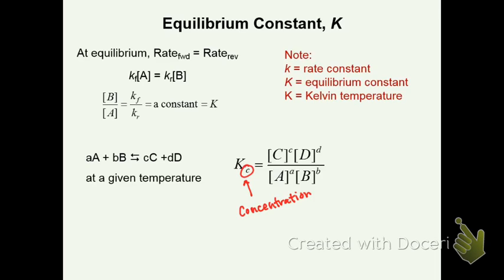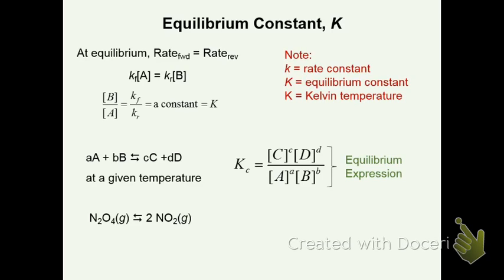The equilibrium constant Kc will be equal to the concentrations of the products raised to the power of their stoichiometric coefficients, divided by the concentrations of reactants raised to their stoichiometric coefficients. So this is referred to as the equilibrium expression. It expresses the concentrations of products and reactants to give us the equilibrium constant. So if we look at a few examples of writing the equilibrium constant,